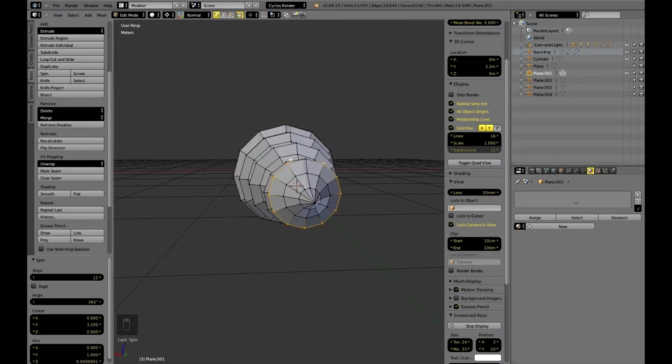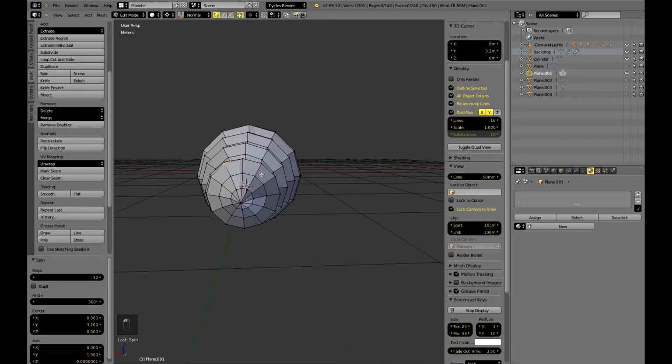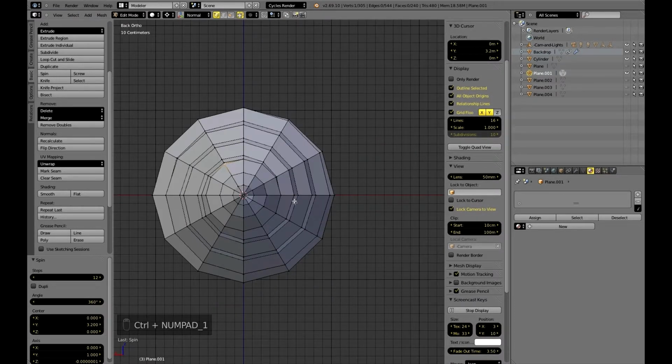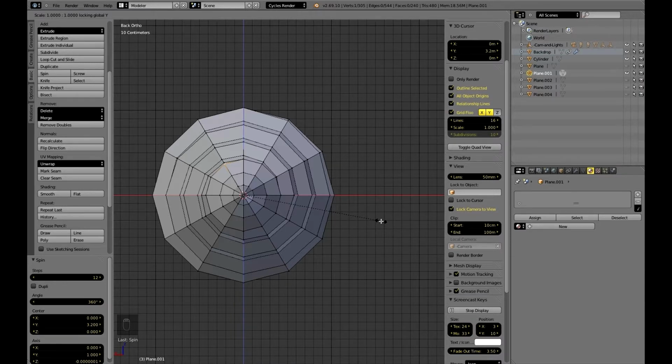Boom, boom, boom, boom. I could do it just manually. Alright, let's try that. We want to scale, rather, in the not y-axis, so shift Y. If I did Y, then it would be in the Y-axis. If I do shift Y, it's in the other two axes, X and Z. So, scaling only in the not Y-axis,